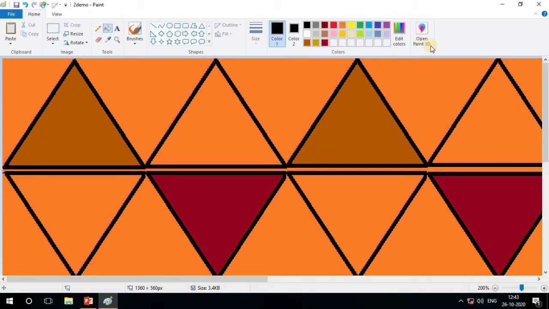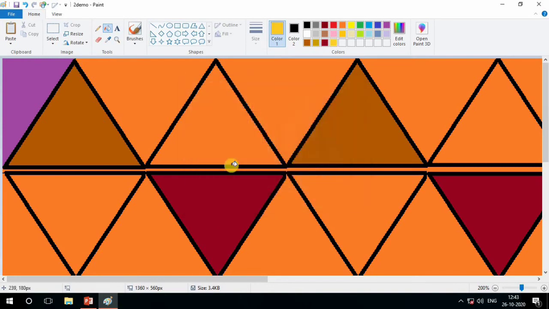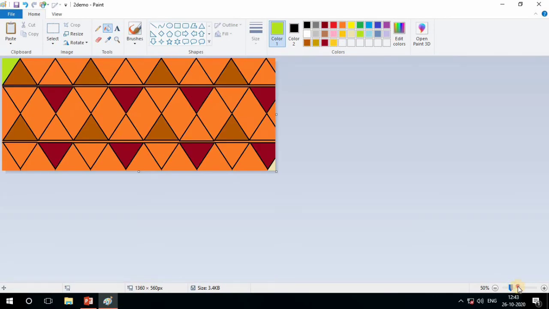Now again choose the color picker and fill, but the shade does not match our picture, so I will change the picture shade. Come into the edit option, from this choose a different shade, add custom and fill it. You can see the shade also.